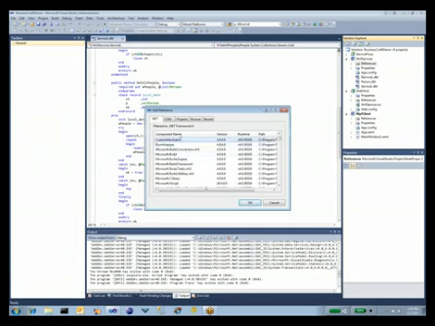What's it called? Synergex. Where is it? Yeah. There you go. Synergy DE toolkit. If you add a reference,